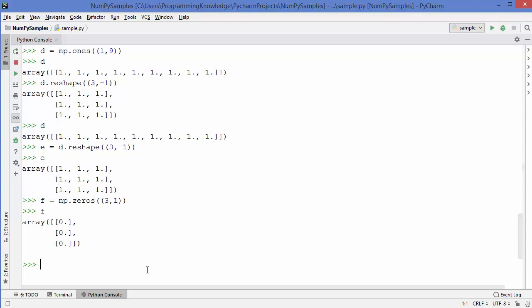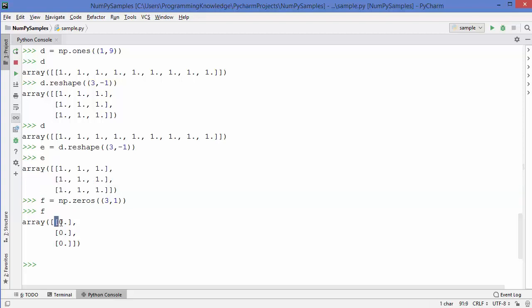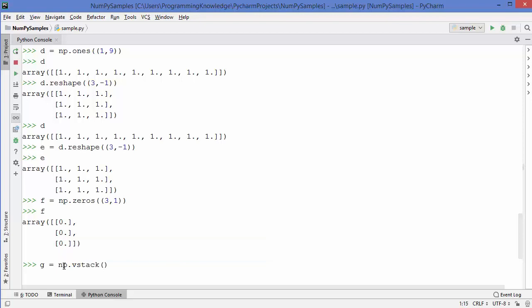So vstack is used to stack multiple arrays in vertical direction, and one thing to notice here is the dimension. The dimension of an array must be matched. So here you can see E, which is of dimension 3 by 3, and we have a new array F which has the dimension 3 by 1. So let me just create one more variable, let's say it's G variable, and then I can use np.vstack,